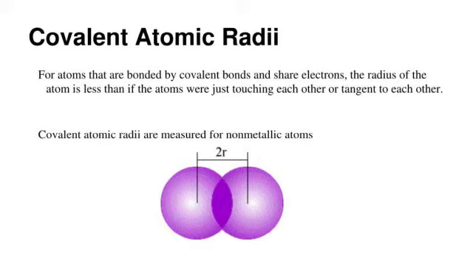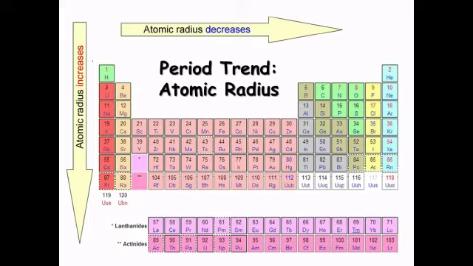The distance between the two hydrogen nuclei of the molecule is 0.74 angstrom. So, its covalent radius is 0.74 by 2, which is equal to 37 picometres. When you look at the variation of the atomic radii in the periodic table, there are two distinct trends. Along the period, from left to right, the atomic radius of the elements decreases, whereas along the groups, from top to bottom, the atomic radius increases.